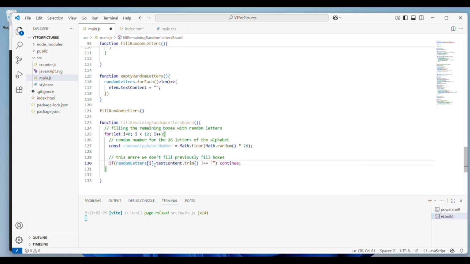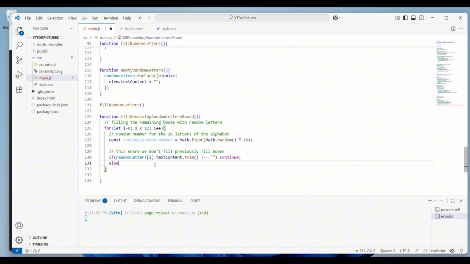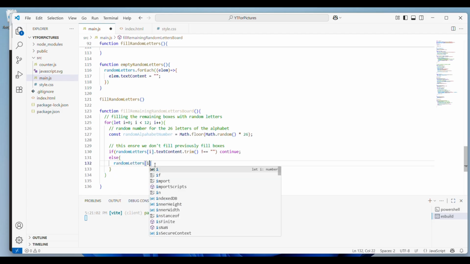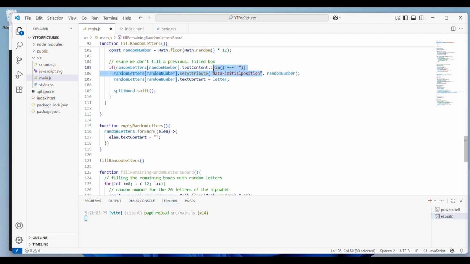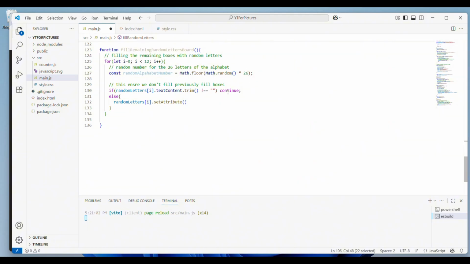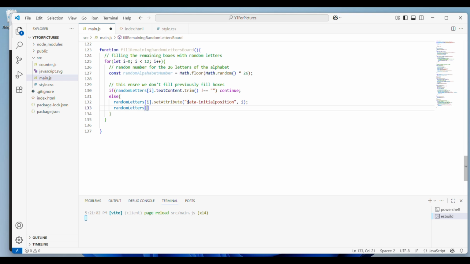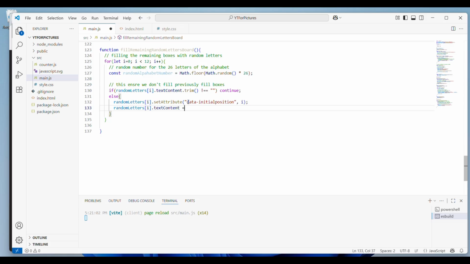Okay, then when I say else, randomLetters[i].setAttribute. We already know which attribute we're setting, so it's going to be this one. Just copy, paste, and then i, right? Then we're going to say randomLetters[i].textContent is equal to